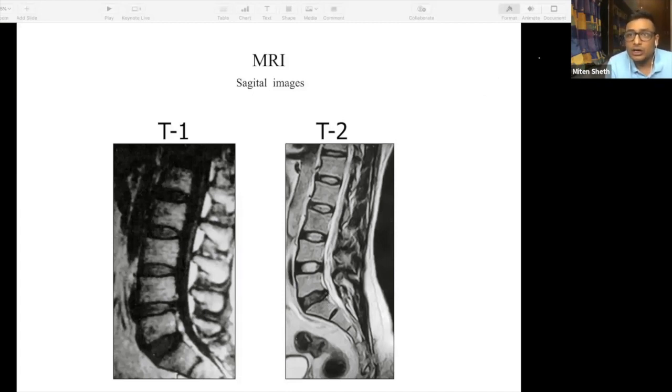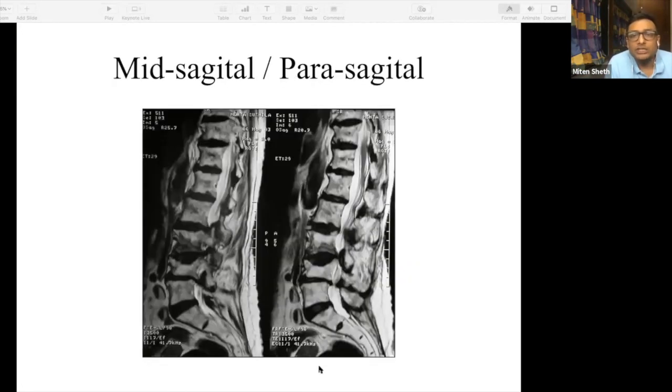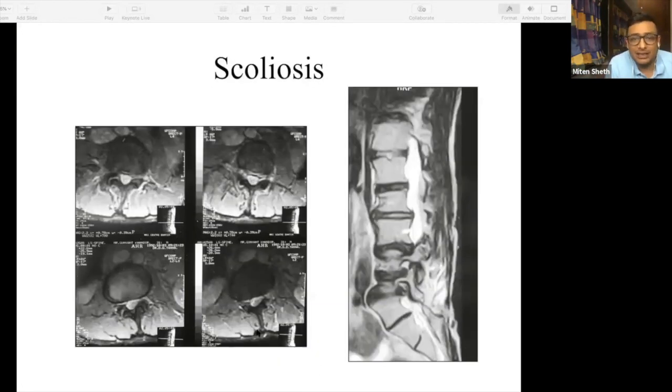So here you want to go to your axial T2 weighted image and identify this place. Why? Because here you know that the disc has come out. You don't know if it has come out on the right side or the left side, how much central stenosis there is, how much lateral stenosis there is. So the next step is to look at your axial images.